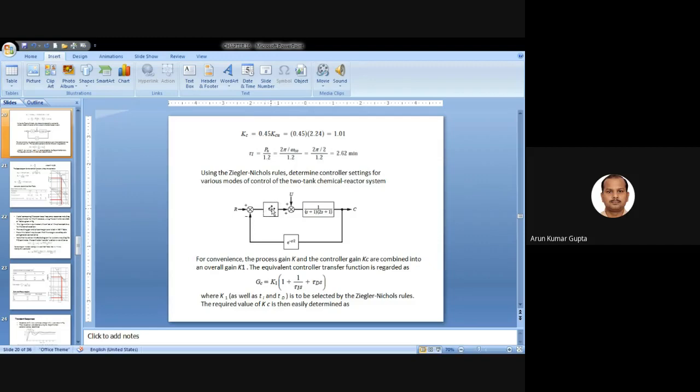We will not consider this GC here, but GC is given as the PID controller. So for the PID controller, we have both tau I and tau D. You have to find out tau I, tau D, and K1. In this type of calculation, they assume that whatever constants we have, the Kc's are some average value, and they can take this as K1. K1 is just the average value, so that's why we can take this common.